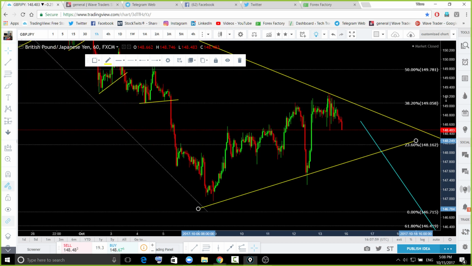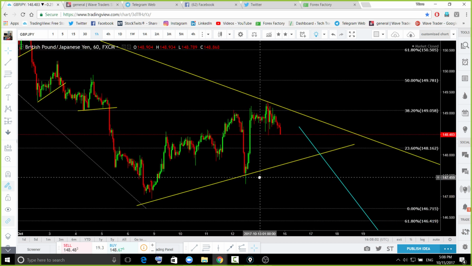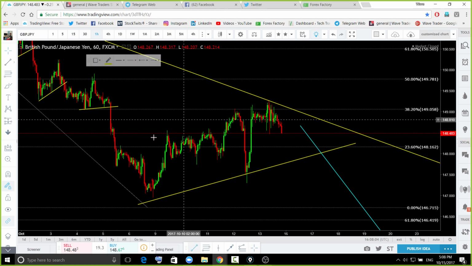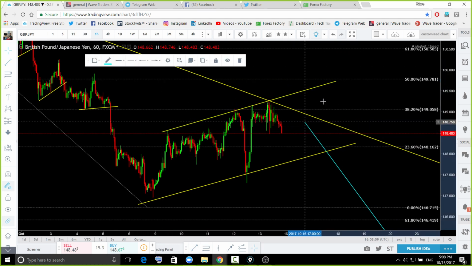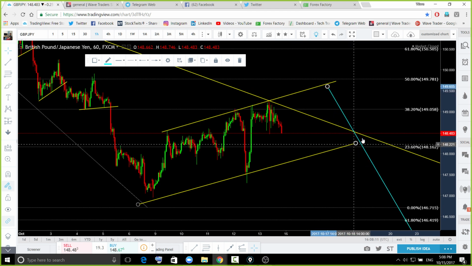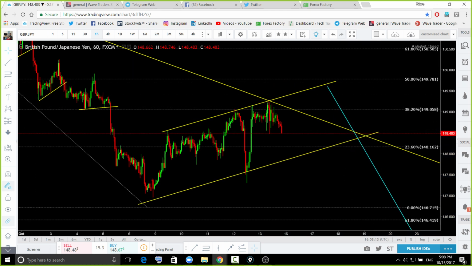Okay, let me draw the trend line and the arrows correctly so that you can understand rather than just being confused. Like that. What it can do is go for another leg up within that corrective formation and then drop. We are already in the sell. We are looking for this to go through this time. If it is going to go through this time, perfect. We are holding our short from the top. I have shown you the idea.